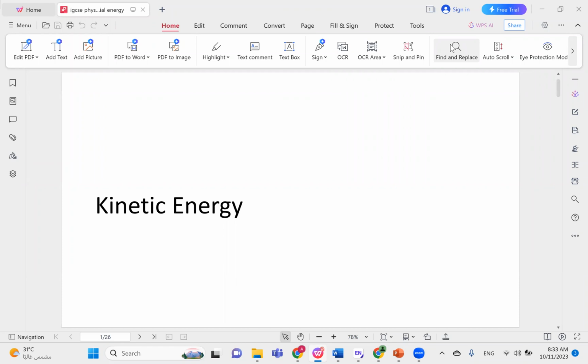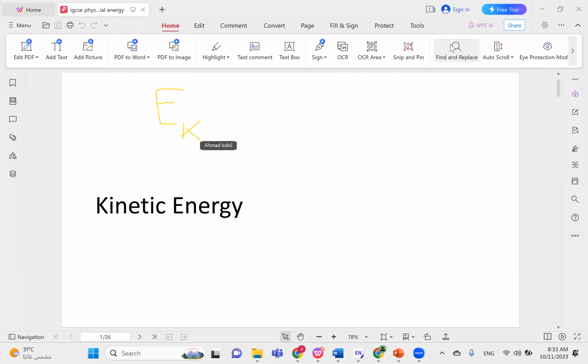Today we will be covering the topic of kinetic energy and potential energy. This belongs to the mechanics unit. So we will begin with kinetic energy questions. You should know that the rule for kinetic energy is